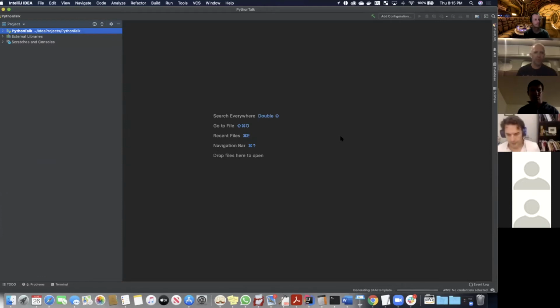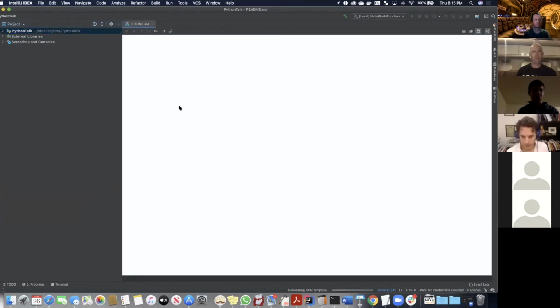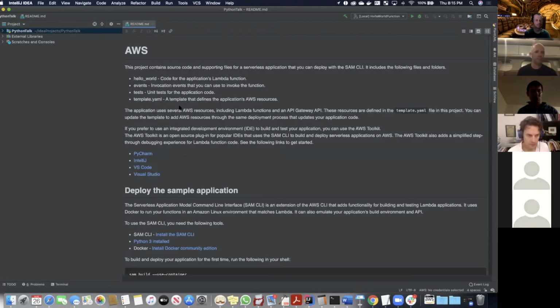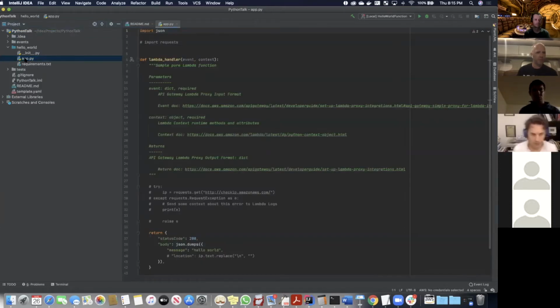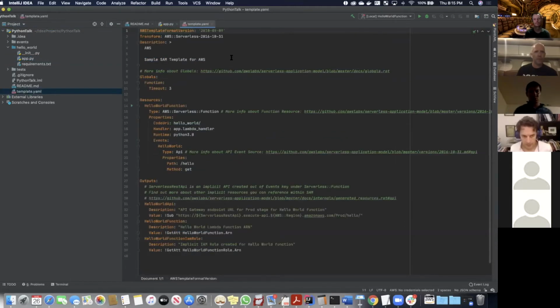And this is going to generate pretty much everything that we need to create our entire serverless application. So it gives you a README, gives you the hello world, and you notice the two files that we need to look at here is this app.py and then our template file. So in the template file, this is what actually builds all the services that you need on AWS. It's got the function, your service function. This is in the Lambda, and you give it all the details you need,